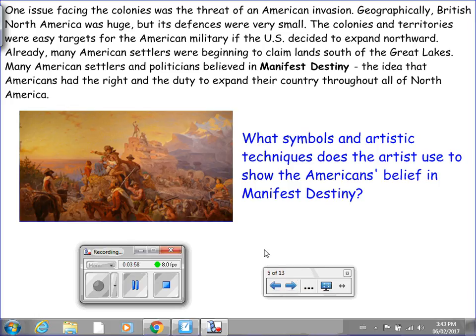I'm just going to direct your attention to this painting on the left, and when I'm done talking, you'll put the video on pause so that you can not only take a closer look at this painting, but write down your response to this question. What symbols and artistic techniques does the artist use to show the Americans' belief in manifest destiny? Please put the video on pause now. And moving forward,